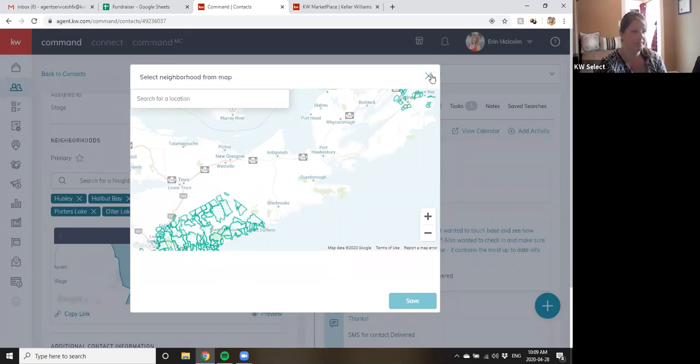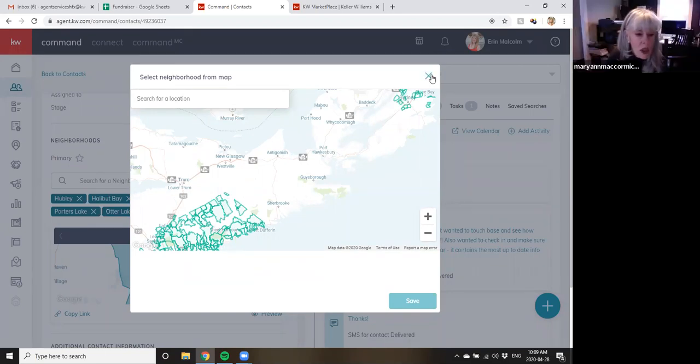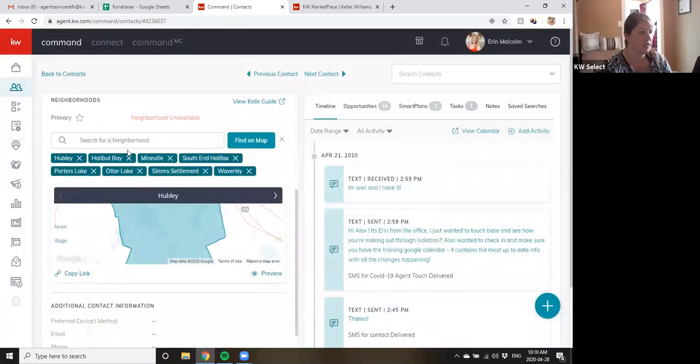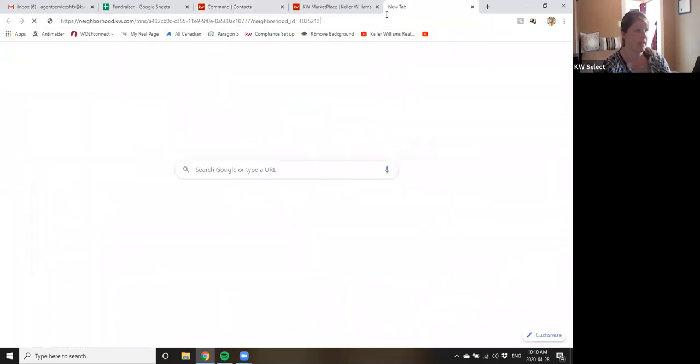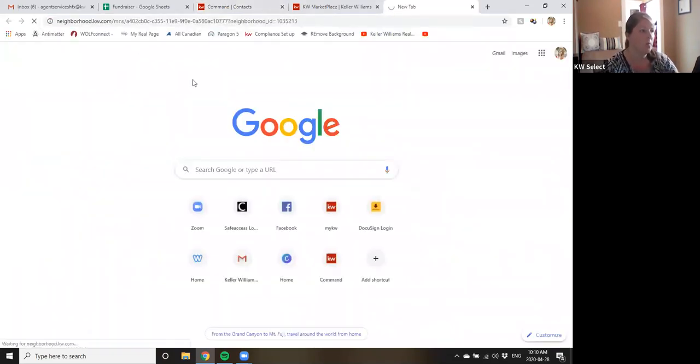can draw our own. Okay, so when we go to search a neighborhood, I put Sydney, and if I go by map, let me just click on all those areas. You just click on one of those shapes and it will put that in their neighborhoods. Essentially what the smart plan is going to do is send them an email with this link